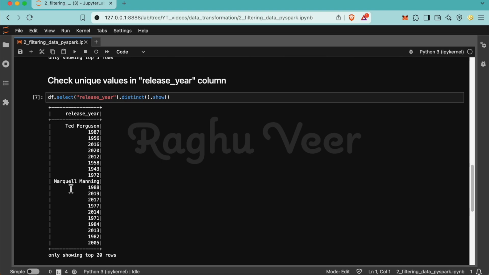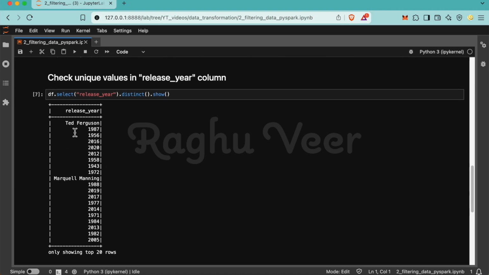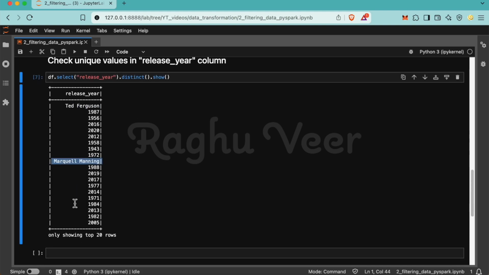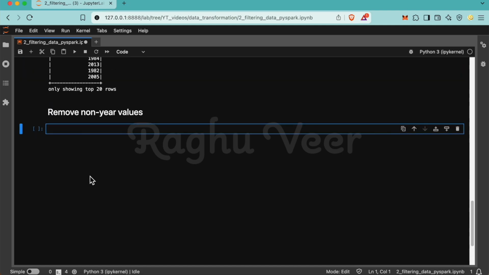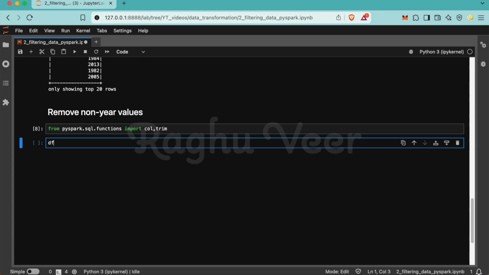So these are the distinct values in the release year column. You could see some non-date values here, non-year values. So let's try to remove them. I would be using a regular expression to filter the data in this column. Now I'm creating a new data frame for years only data. I'm filtering. First, I'm trimming all the extra spaces from column release year, and then I would check for a